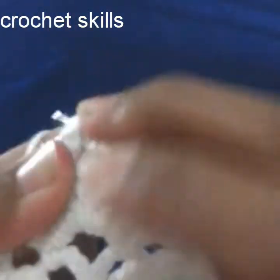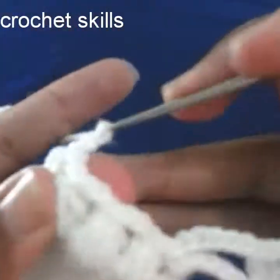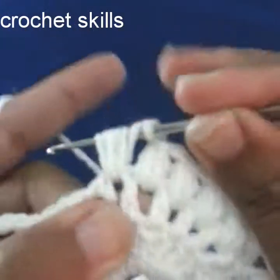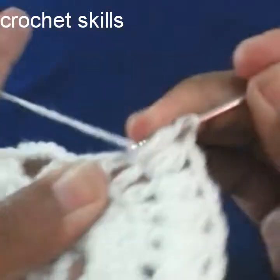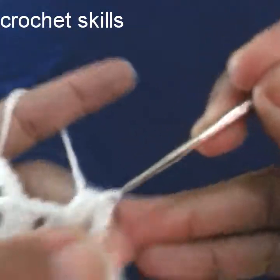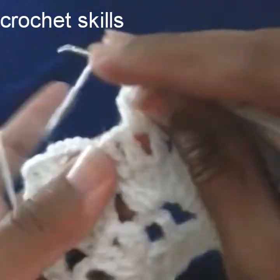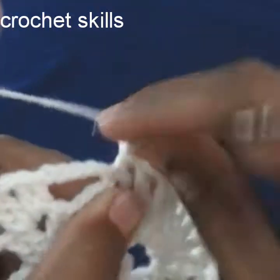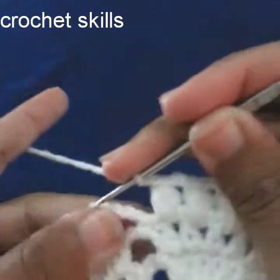So at this point we will see that we have 7 puff stitches of the flower at one side. In the last round we were working in 8 double crochets in 8 chain 1 spaces. So now we will work in chain 1 spaces only. So we will get 7 puff stitches of the flower. We have one flower at each side,